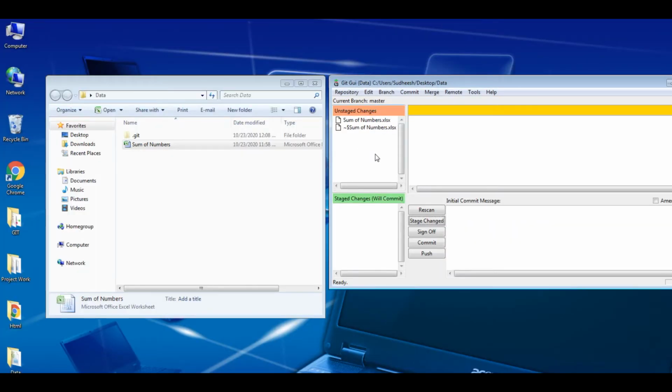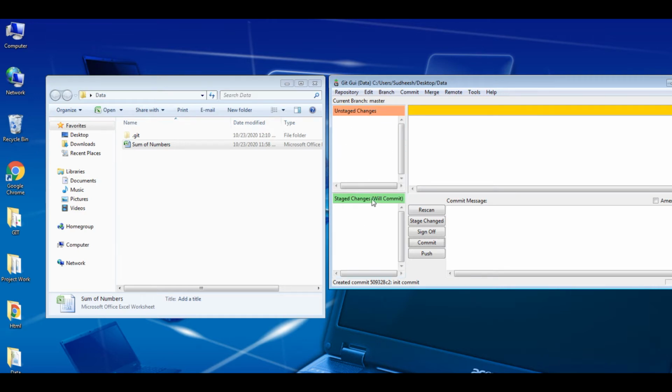Now we have to stage the change. Yes, so we have staged this. I am going to give the initial commit. Now the unstaged changes is empty and the staged changes is also empty. So we are going to close this.